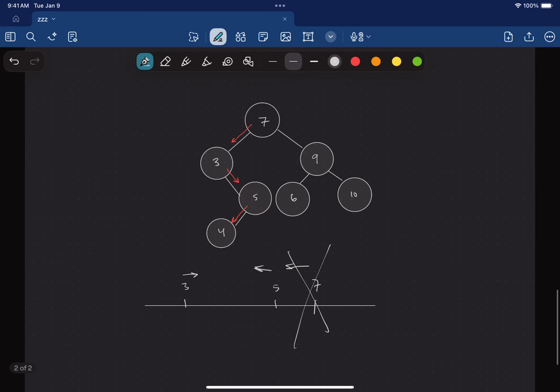So when we take this first step, what we're saying is we must be looking at a number that's less than 7. We must be looking at a number that's greater than 3. We must be looking at a number that's less than 5. And we can kind of begin to override either the maximum possible value while still being valid or the minimum possible value while still being valid. Right? And if we kept going,